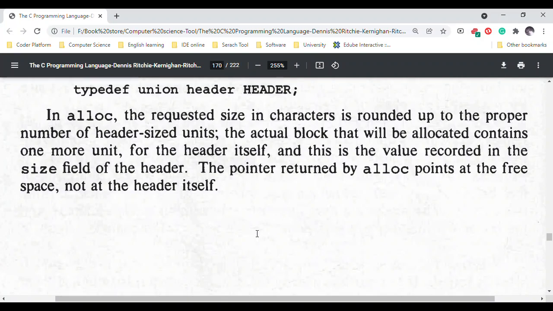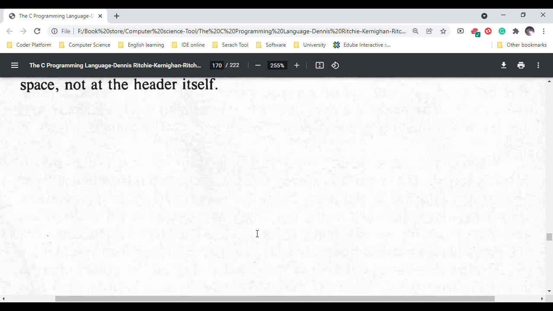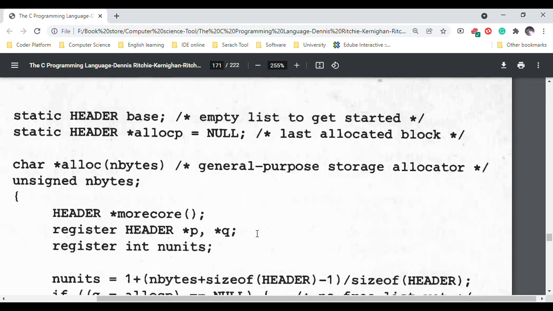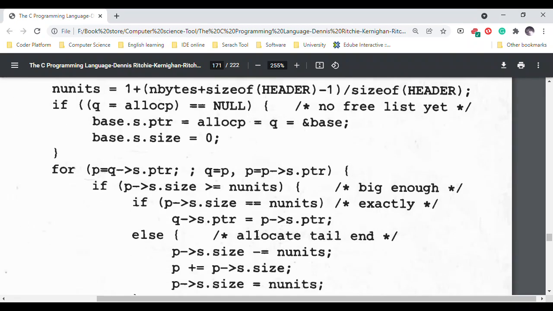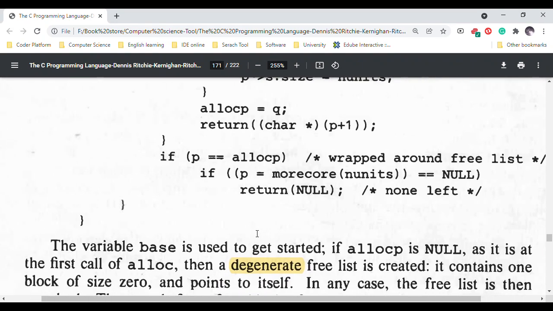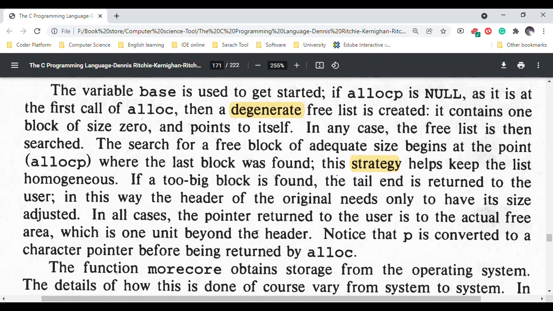The pointer returned by alloc points at free space, not at the header itself. The variable base is used to get started. If freep is null, as it is at the first call of alloc,